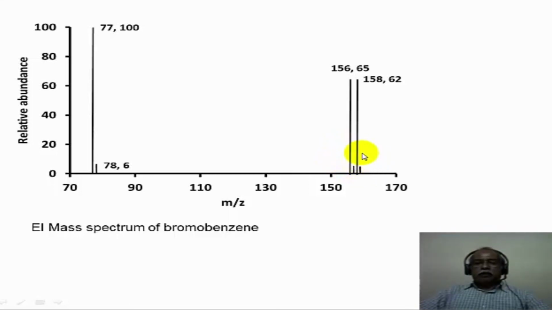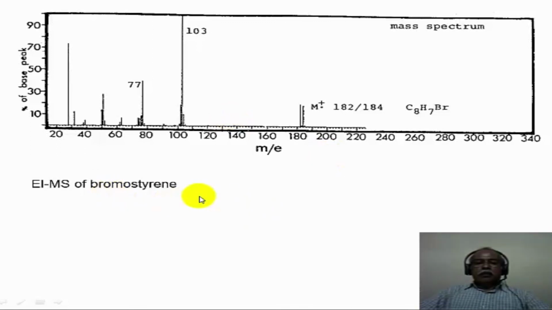The m plus 1 and m plus 3 are essentially coming as isotopes from the carbon and the deuterium component of this molecular formula, and when the molecule loses a bromine by fragmentation, it gives only one peak corresponding to the phenyl cation. Since the phenyl cation does not have any bromine, it doesn't show any m plus 2 peak. However, it shows an m plus 1 peak because of the carbon 13 and deuterium content of the molecular formula. This is bromostyrene. You cannot tell which isomer of bromostyrene we are talking about. Nevertheless, one can see the molecular ion peak at 182 and 184 corresponding to bromine 79 and bromine 81. When it loses a bromine, you see a single peak of the styryl cation, which is 103 in molecular weight.